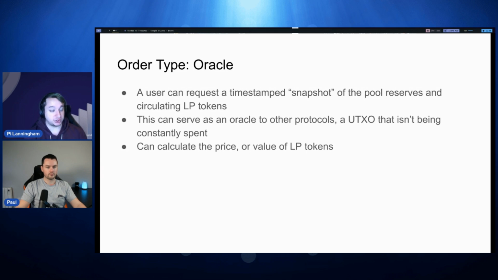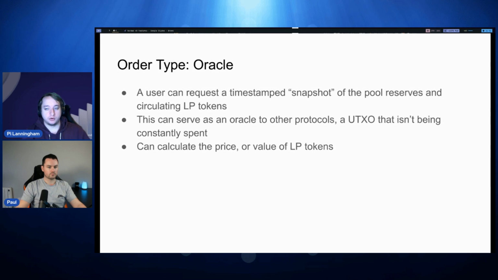But in principle, you can use the pool UTXO as a kind of pseudo oracle, a source of data for on-chain trading information. The problem with that, especially if the user needs to sign that transaction, is that the pool UTXO is constantly getting spent. So if you build a transaction for a user that makes reference to the pool UTXO, it's going to be spent by the time they can sign it in their wallet, and it'll be painful.